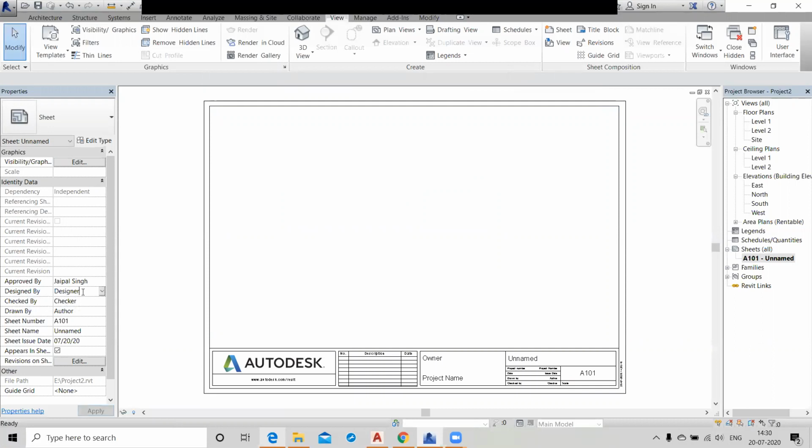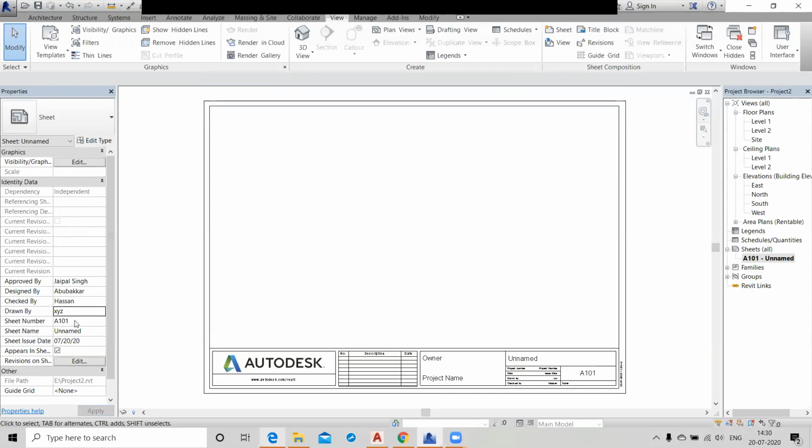Who is the designer? Designer name is Abo. And who is checked by? Assam. Or drawn by XYZ.